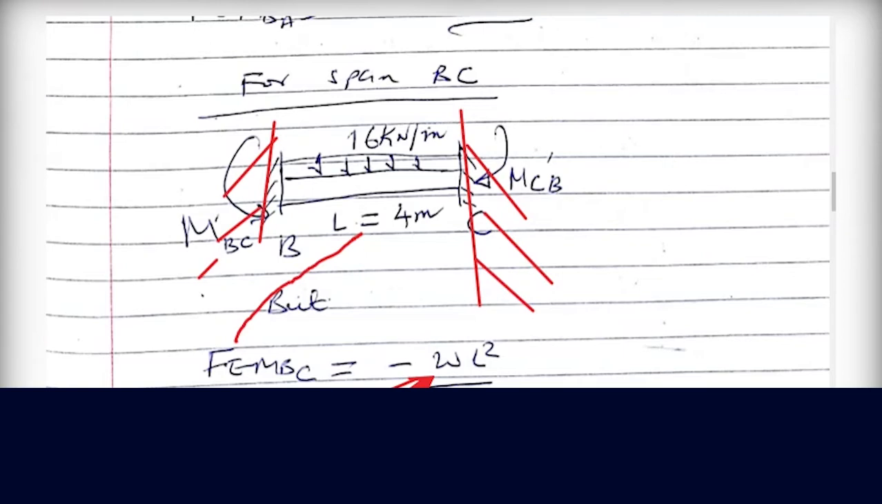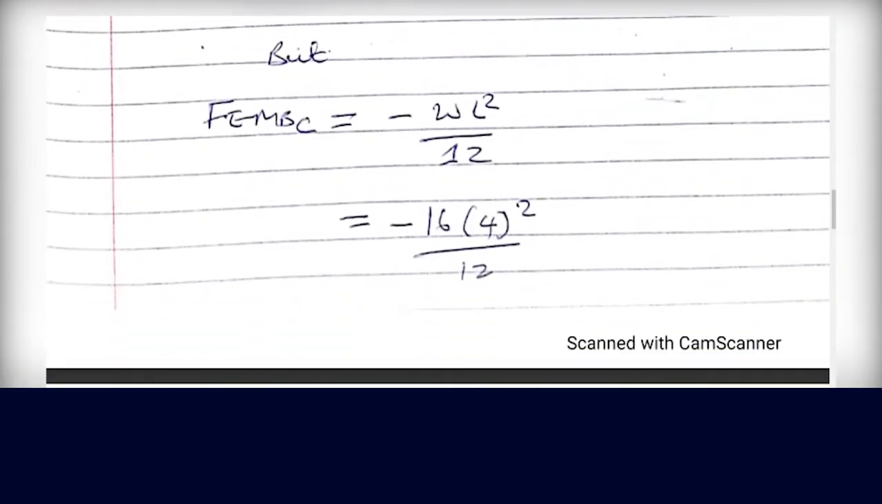WL square over 12. Now this is the general formula for the fixed end moment for the uniform distributed load. Upon entering the value, once you substitute the value of W, which is 16 kilonewton per meter, and once you substitute the length squared, divided by 12,